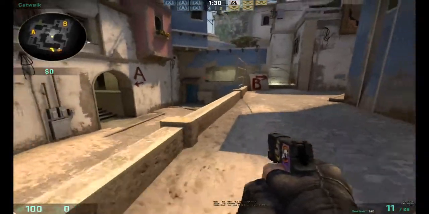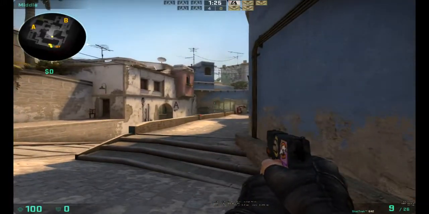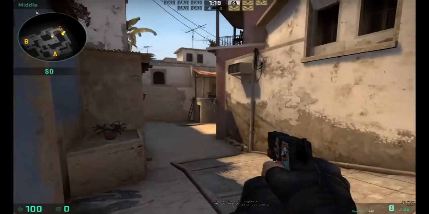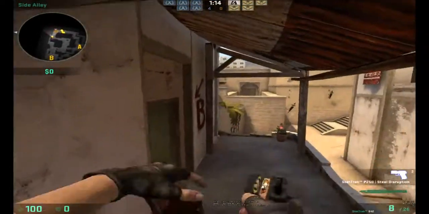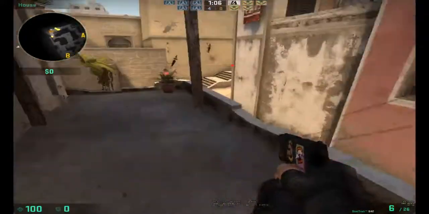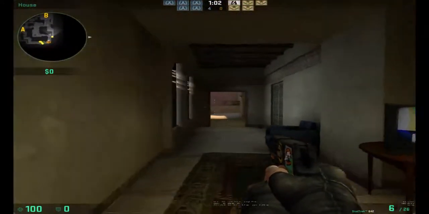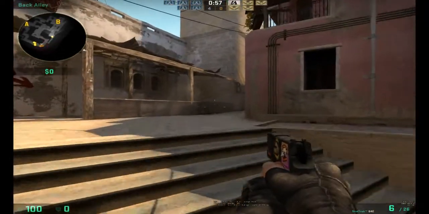So you basically have 1 bottom mid watching mid connector, 1 top mid watching window, and this is basically holding off the rotation from this side from CT. And then you have the other 3 guys walking through the halls here. With this strategy, you have nobody watching A flank. So you could have your top mid be aware, or maybe hear them if they're running through. But if you have 3 guys walk, you can run up to this spot, and then you guys are walking here,